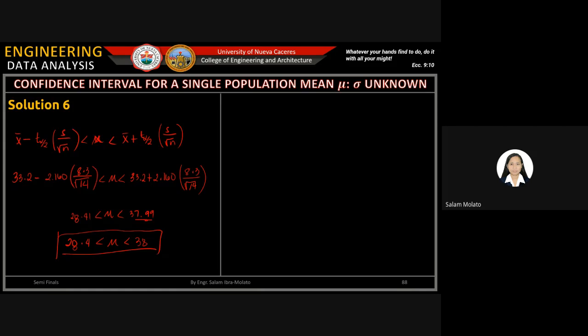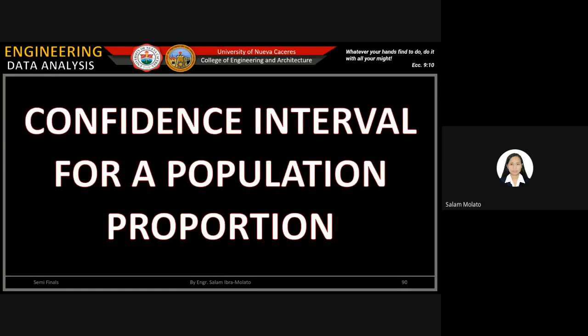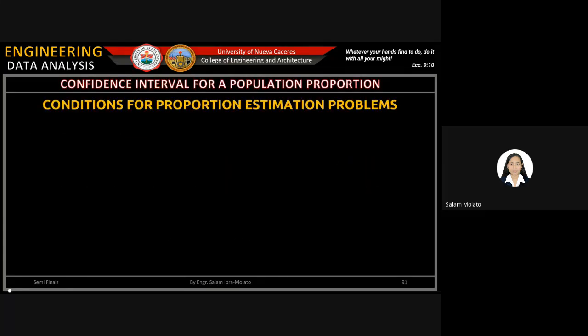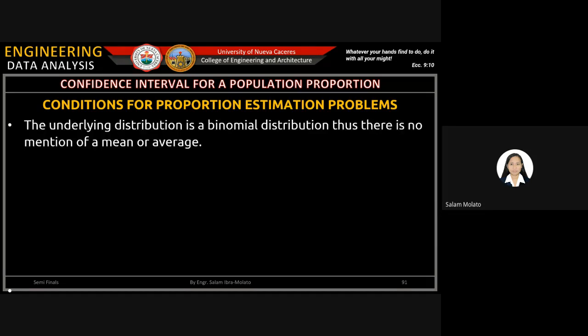Next is this one. Confidence interval for a population proportion. What if population proportion naman yung involved? Okay. So, condition for, madali lang ito, for proportion estimation problems. So, the underlying distribution is a binomial distribution. Thus, there is no mention of a mean or average. Kapag sinabing binomial from the word bi, diba? So, dalawa yung pwede nating